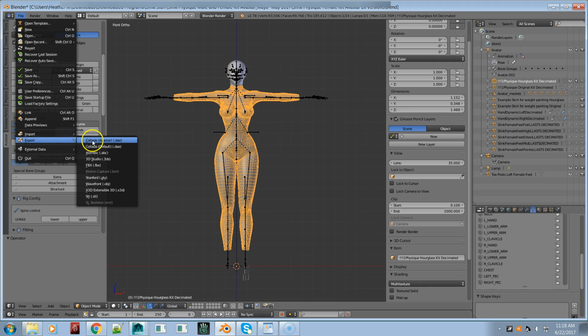Export, and we're going to use the Collada Avastar DAE. I've been trying to figure out if I can get it to work with the default DAE, the Collada default, the one that comes with Blender, but haven't been able to get it to work yet. As far as you can export it out and use my other techniques that I've showed you, but they're not as easy as the one that I'm demonstrating in this video. So anyway, use the Collada Avastar DAE exporter,